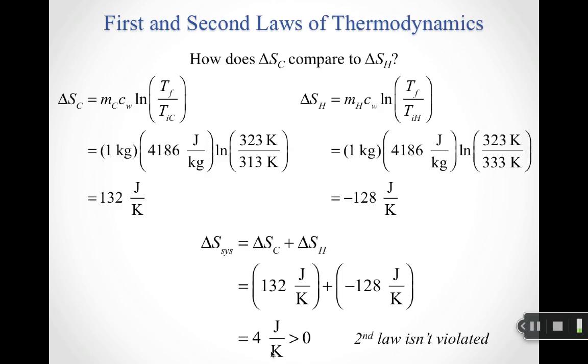So what we're going to do in class tomorrow is basically build on our calorimetry problems. We've really been doing sort of the first law of thermodynamics in the calorimetry problems. And now we're going to come back and add the second law of thermodynamics and talk a little bit more about what the second law